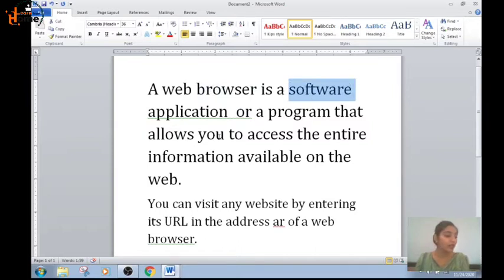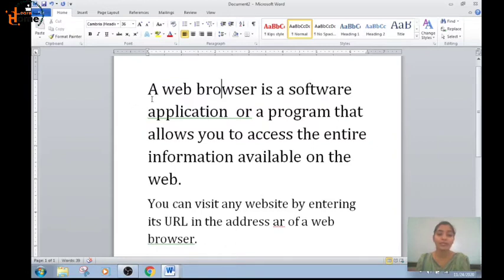Now if you want to select the whole sentence, one way is you will place the cursor here, press the left mouse button, drag the mouse and release it at the end of the line. This is one way to select a sentence. What is the other way to select a sentence? You will press the Control key. Where is the Control key on the keyboard? You will find it, you will press the Control key and click anywhere in the sentence.